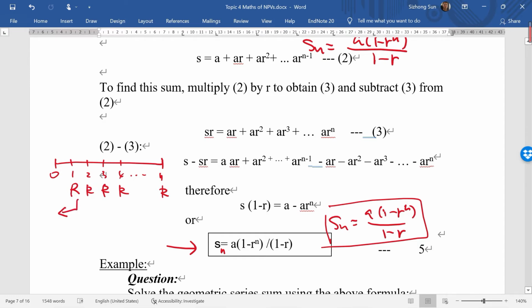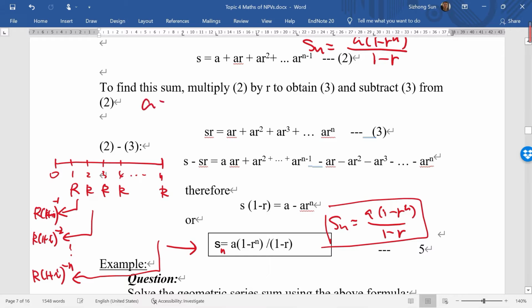So R discounted back, applying that discounting formula we had a moment ago, we get R times (1 + i), which is the discount rate, raised to the power negative 1. Second one, R(1 + i) raised to the power negative 2. So on and so forth until n, that's R(1 + i) raised to the power negative n. And we want to sum this up. And looking at these n terms, you're going to find that this is a geometric series